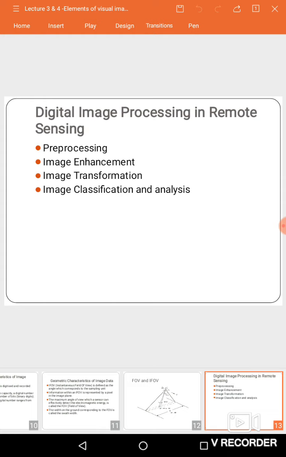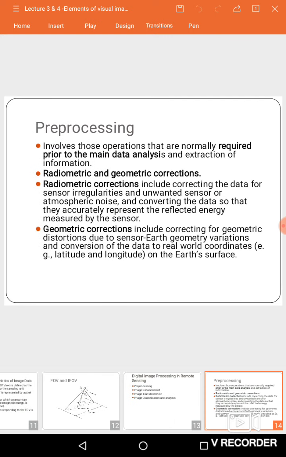In digital image processing, we have four functions or four categories as follows. First one is pre-processing, second one is image enhancement, third one is image transformation, fourth one is image classification and analysis. Pre-processing: before going to the main data analysis and extraction of information from a particular data, we have to pre-process the data. Pre-processing is done with two corrections. One is radiometric and second one is geometric. Radiometric corrections include irregularities and corrections of unwanted atmospheric noise, and the geometric correction includes the distortion in geometry